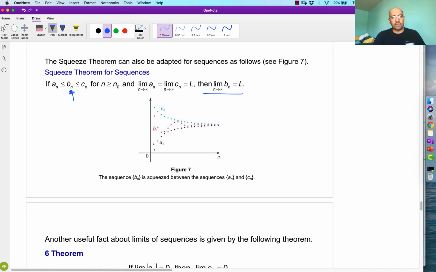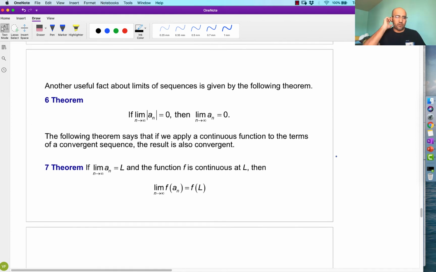So visually we can see it here, where for any individual value n, it's always true that the a sub n is below, the c sub n is above, and the b sub n is somewhere in the middle. Sometimes it's close to the c sub n, sometimes it's close to the a sub n, but it's always stuck in the middle. And so if the limit of the lower one and the upper one converge to the same value, and that same value is L, both limits exist and they both converge to the same thing, then we can conclude that the one that's stuck in the middle must also go in the same direction. Again, we'll see some homework problems like this.